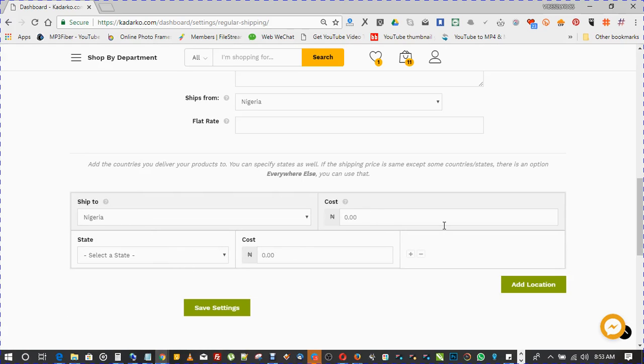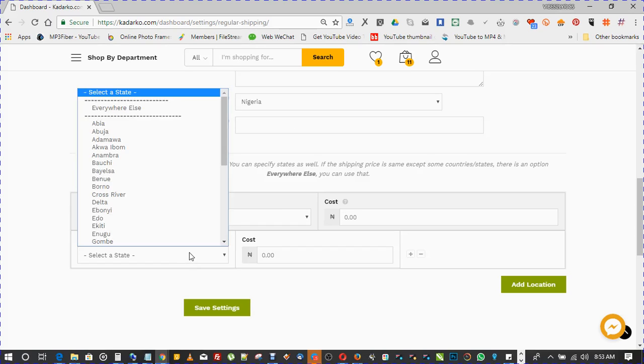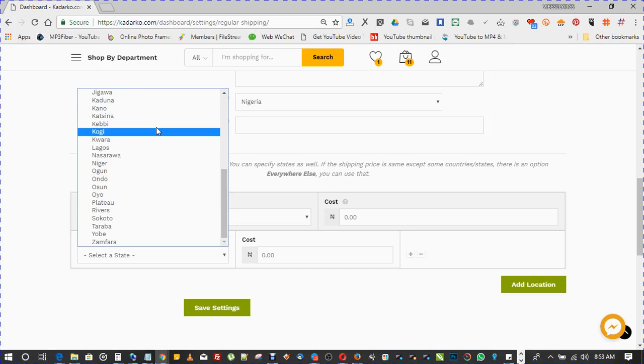Now if I'm selling from abroad, if I'm selling from the United States, for instance, I can say ships from the United States here. Then I can say ships to Nigeria, and I can say my shipping fee is 3,000 naira, provided I want to do inter-country deliveries. In this case, I'm trying to configure it for Nigeria alone. I'm shipping from Nigeria and I'm shipping to Nigeria, and these are the states in Nigeria. Everywhere else is basically telling the system that every other part in Nigeria should be some amount. So if I say Lagos, for example,